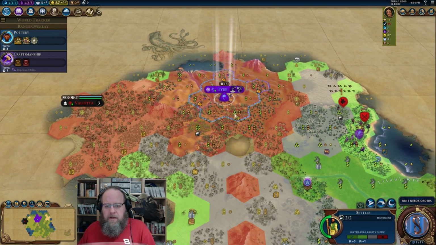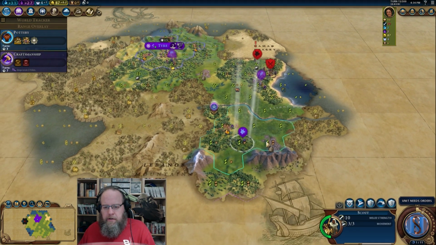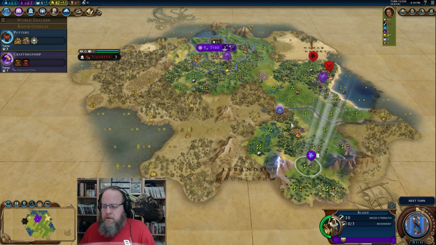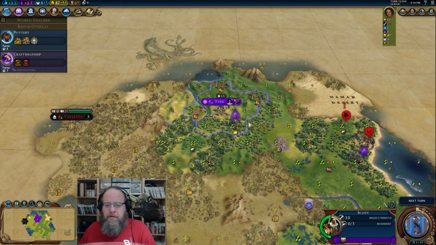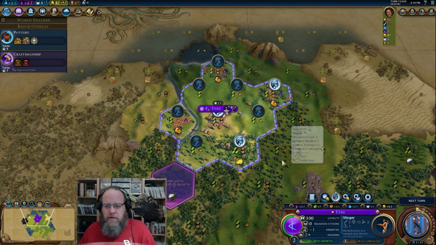I'm kind of feeling, let's head south and see what we learn here. I gotta go meet this culture city-state, and we need a promotion. Let's get Ranger. Nightmorphus, it's good to see you, bud. So, Slinger in 3, we're back down to pop 2, unfortunately. We did lose, but that's...